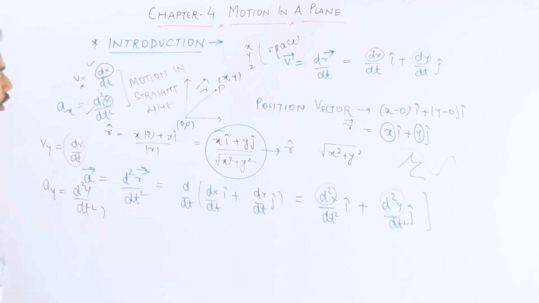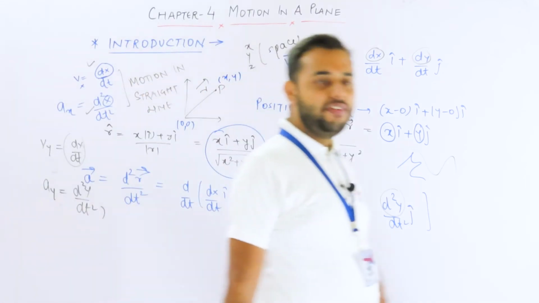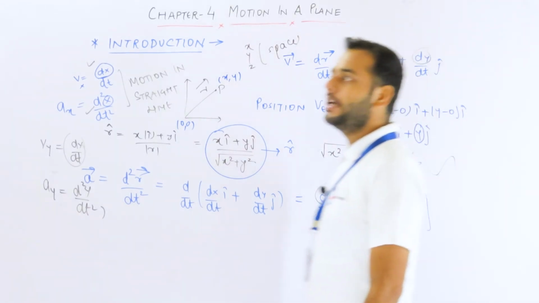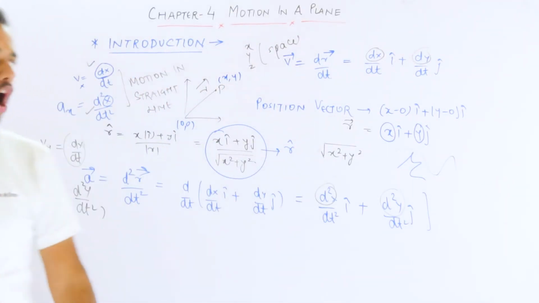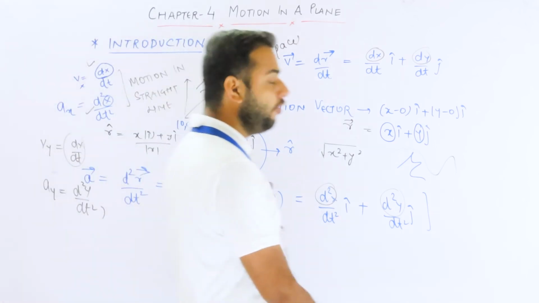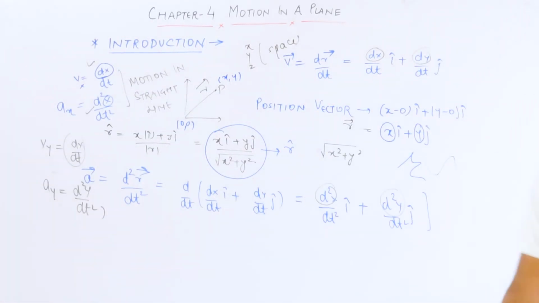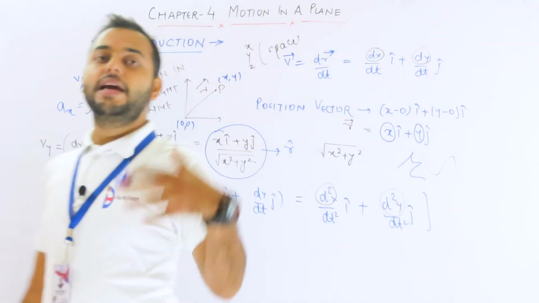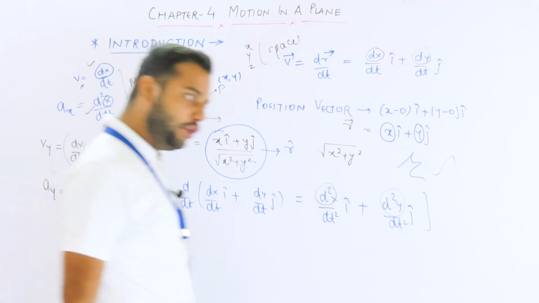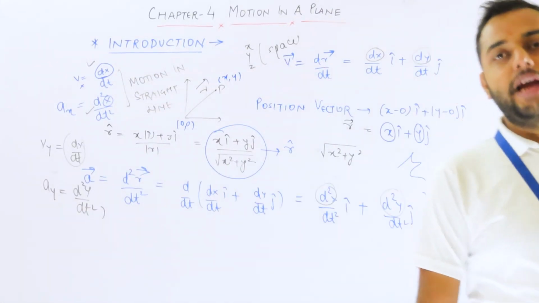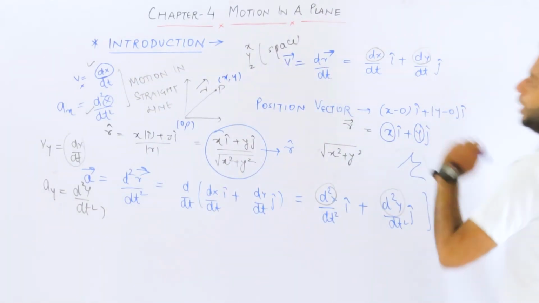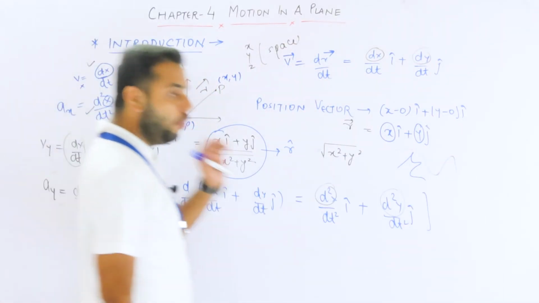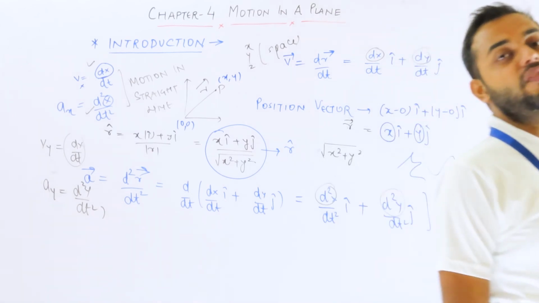So guys, that's how we are going to study this chapter, motion in a plane, and we will see different aspects of it. In the next lecture we will probably be discussing projectile motion, how projectile motion helps us understand motion in a plane, and I will explain how Mr. Neeraj Chopra used projectile motion to get a maximum distance in a javelin throw. He uses the physics behind projectile motion, which comes under the chapter of motion in a plane, and hence Neeraj Chopra used the physics of motion in a plane to get maximum distance in a javelin throw.